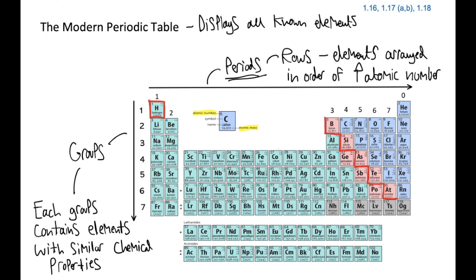But one final thing that I want to look at in this video is how the periodic table is divided into sections of metal and non-metal elements. So if we ignore the different colors of the nuclear symbols, the elements on the right side of this red line, along with hydrogen, are non-metals. While the rest of the elements on the left-hand side of this red line, which is the majority of them,